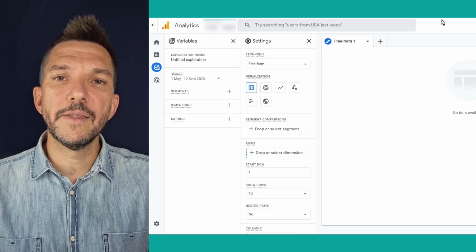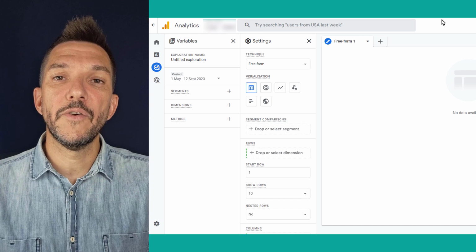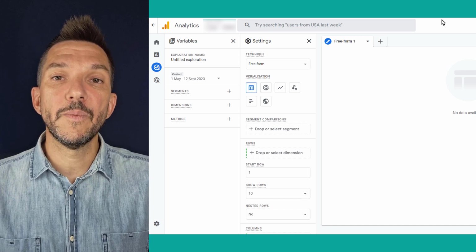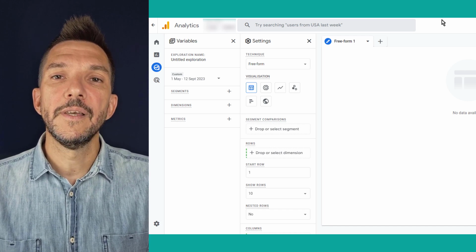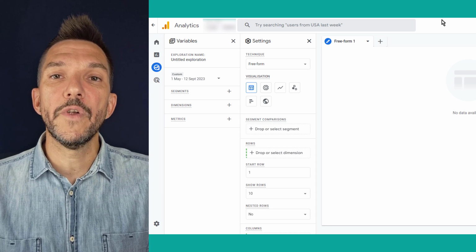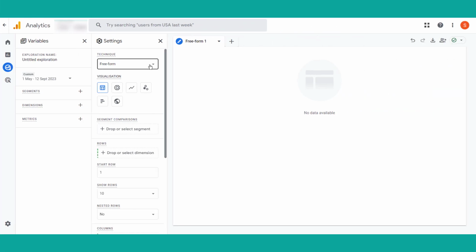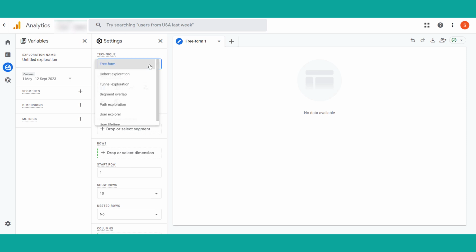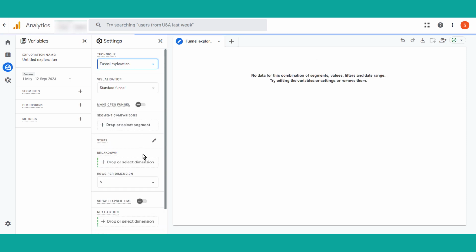Let me show you how to create this very useful exploration in GA4 that relies on Little Data custom parameters called affiliation that will help you understand your recurring purchasers' behavior. So here we are in a blank exploration, and we start by turning it into a funnel exploration, and we're